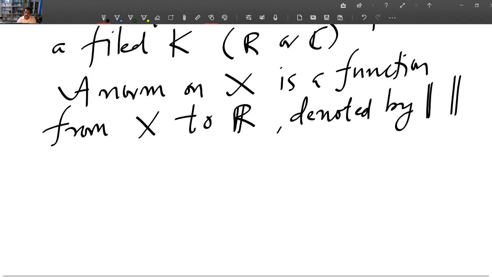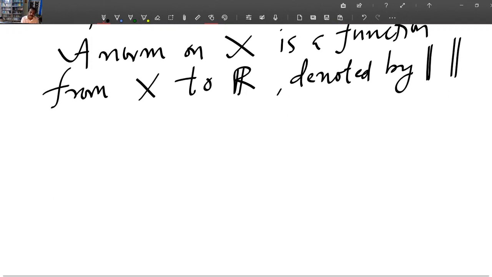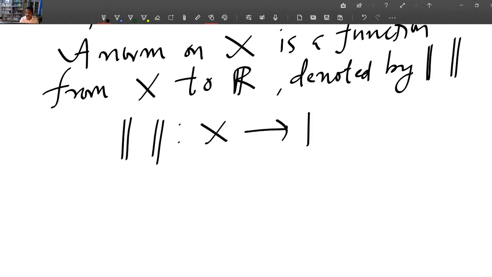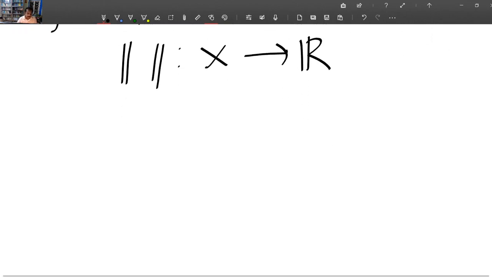So a norm is a function from X to R satisfying three conditions. First one is,